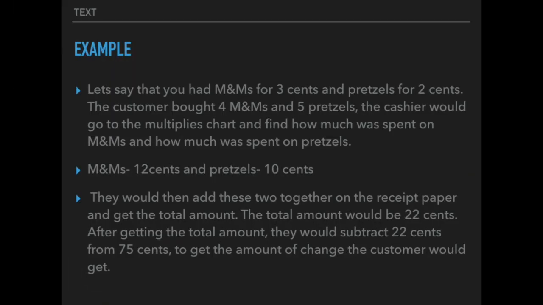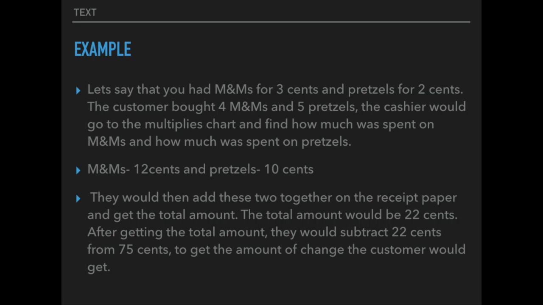For example, let's say that you had M&Ms for 3 cents and pretzels for 2 cents. The customer bought 4 M&Ms and 5 pretzels. The cashier would go to the multiples chart and find how much was spent on M&Ms and how much was spent on pretzels. So if you go to the multiples chart, you go down